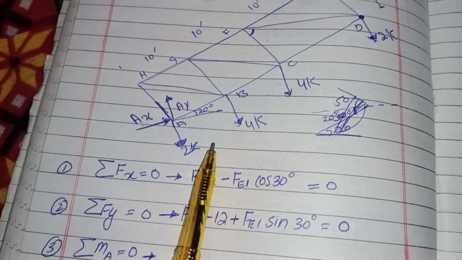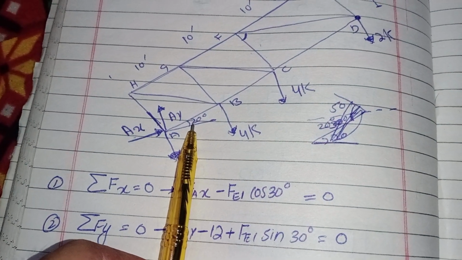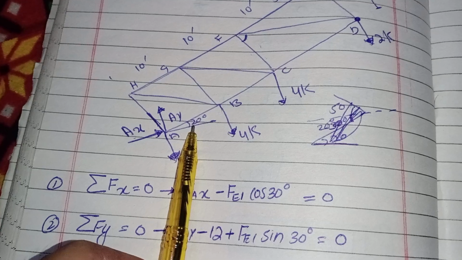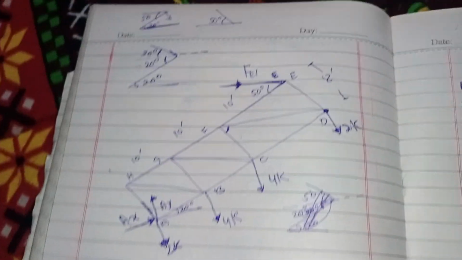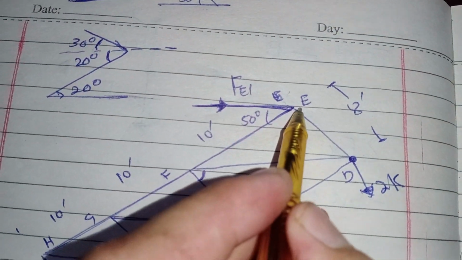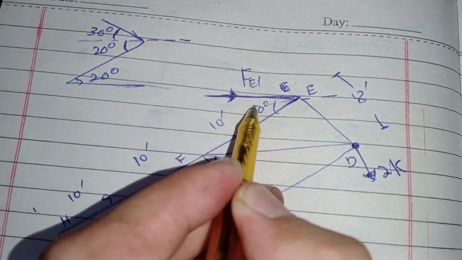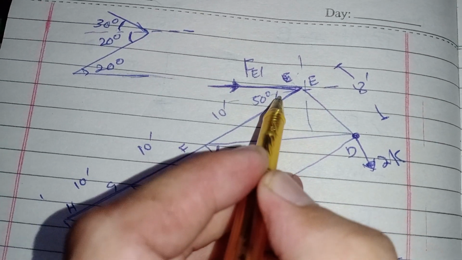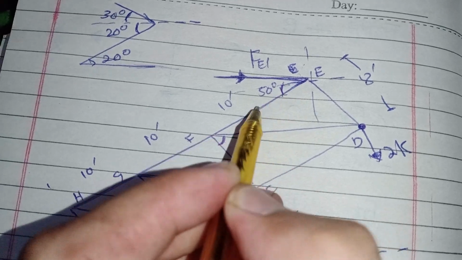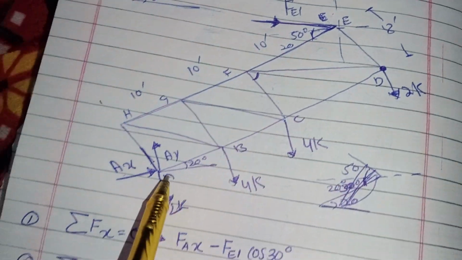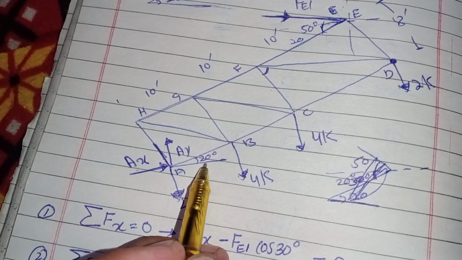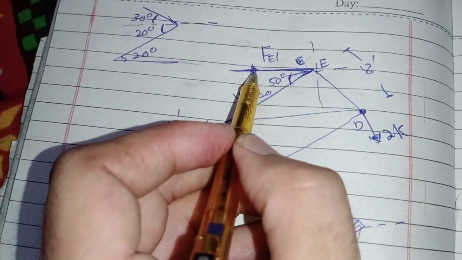It is cos 30 degrees because of the 20 degree rise here. If you draw a horizontal axis and a vertical axis, this is 20 degrees, which cancels with this angle. So the remaining 30 degrees